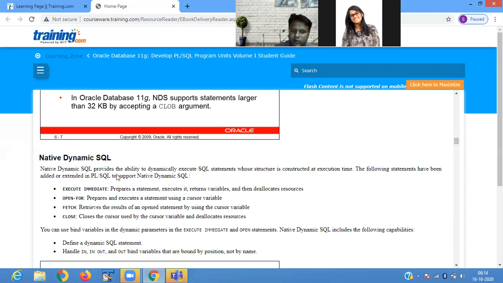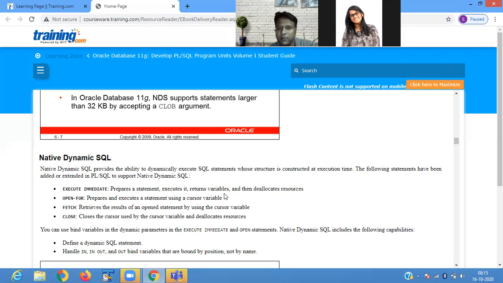First you use execute immediate, which prepares the statement, executes it and returns the variable. When you are using a select statement, it executes the select statement, retrieves some value and stores it in a variable. Open for prepares and executes the statement using a cursor variable, so it opens the cursor for storing the value.